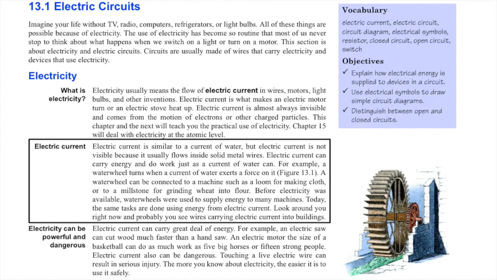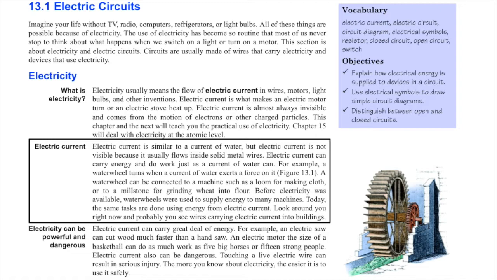Electric current. Electric current is similar to a current of water, but electric current is not visible because it usually flows inside solid metal wires. Electric current can carry energy and do work just as a current of water can. For example, a water wheel turns when a current of water exerts a force on it, as shown in figure